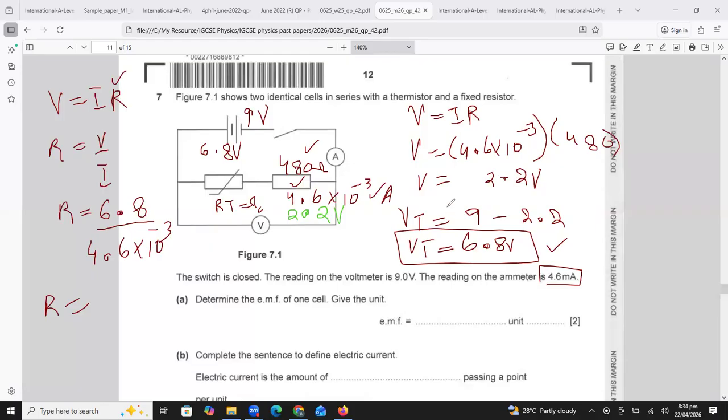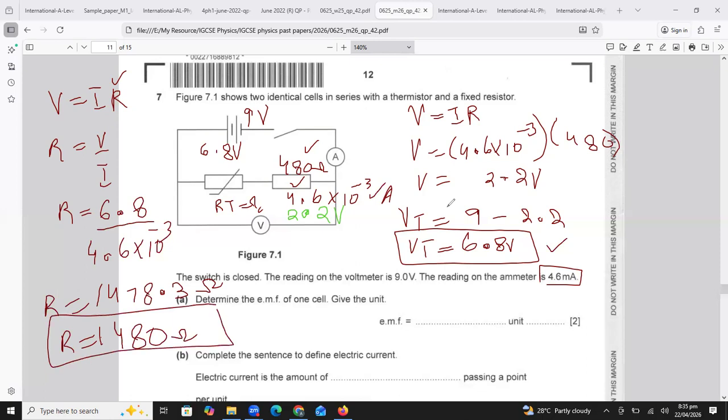One four seven, 1478. All right, 1478.3 ohm. So if I round it off, beta, after rounding off we are getting the resistance 1480 ohms. So I rounded off to the nearest 10. So 1480 ohm is the resistance of this thermistor. Did you understand each and every step which I solved here, beta?